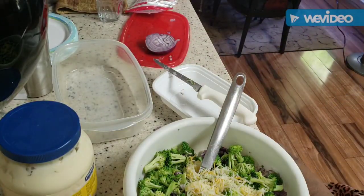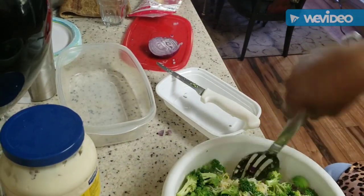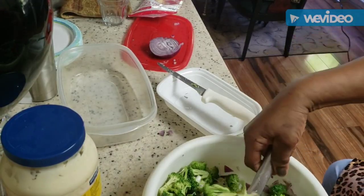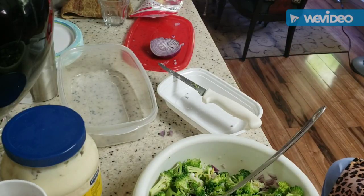And I'm going to do the same thing. I'm not going to put any salt in this. Notice I haven't put any salt, and I don't plan to. And look, I also put brown sugar in here, or white sugar, whatever you choose, or not. If you don't want to put sugar, don't put sugar. If you can't have sugar,